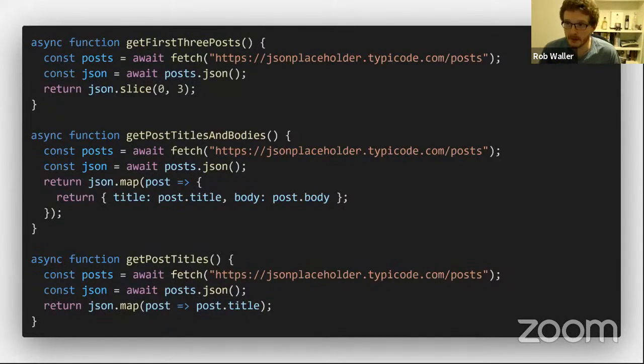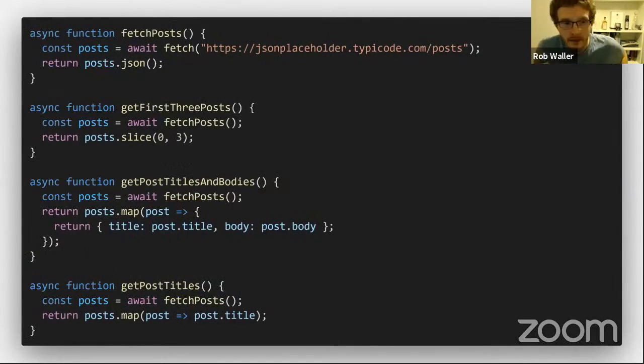So in theory, a developer might come along and go, I'm going to tidy this code up. And they would do something possibly like this. So they've abstracted the fetching of the data, the call to JSON placeholder, into a single method called fetch posts. And then they've used that method in the other 3 methods. Now, essentially what we've done is we've complied with the dry principle and the wet principle. So we made it dry when it was wet, or when it was in breach of wet.